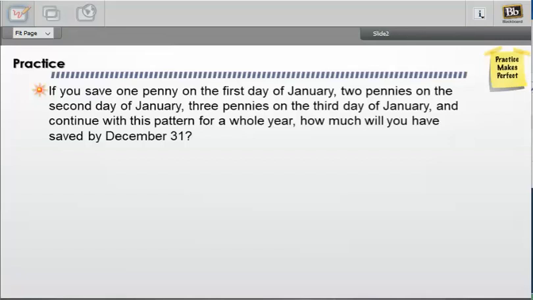Okay, so the first thing that you're going to need to do in this problem is say, well, what is the sequence? So on the first day, let me